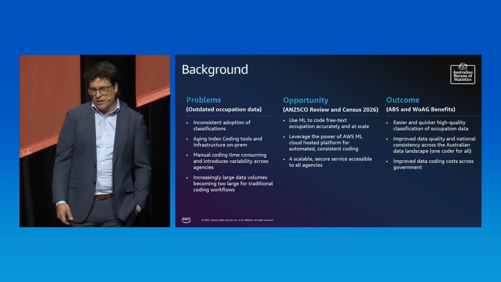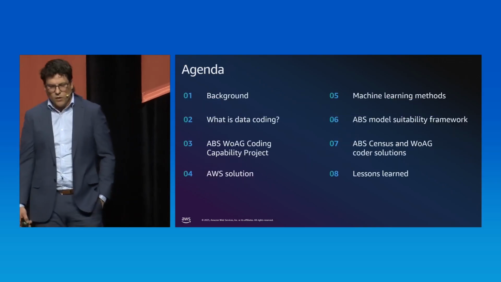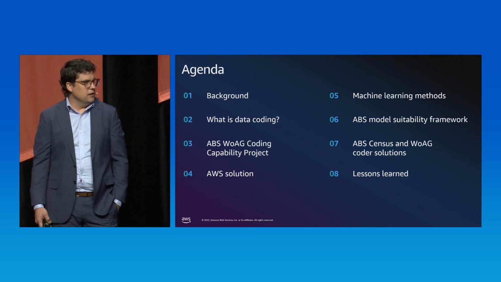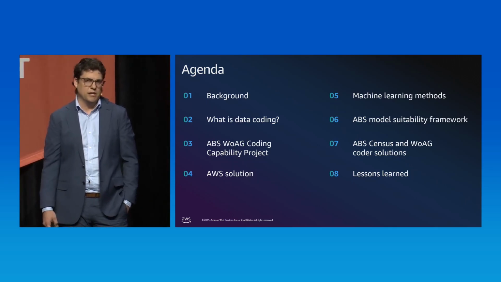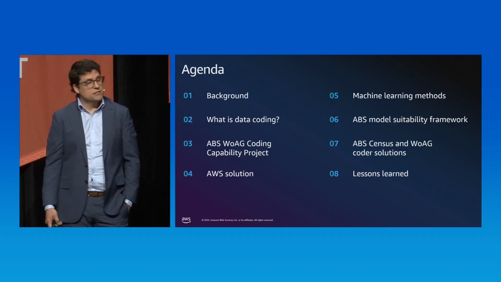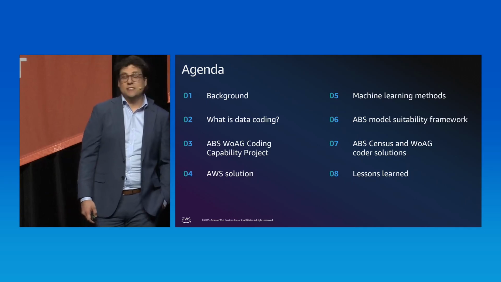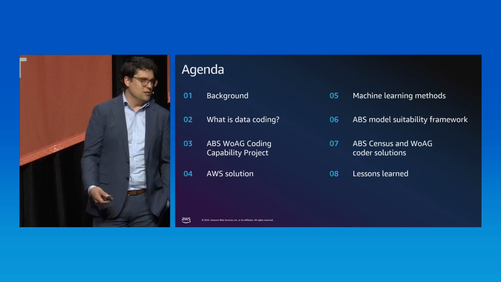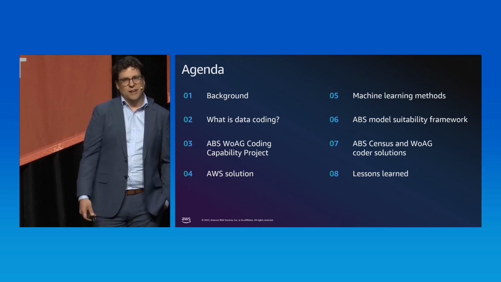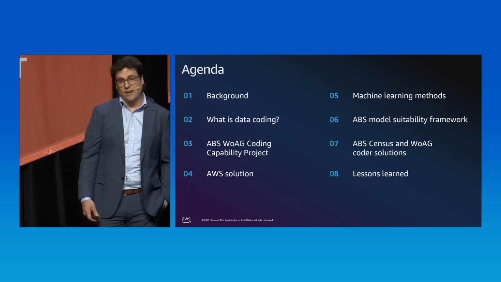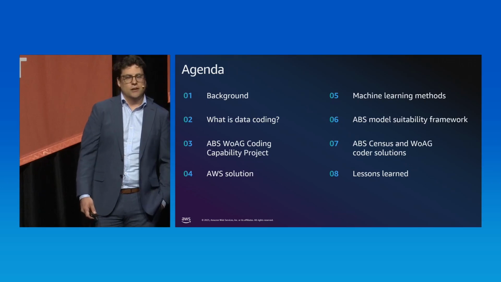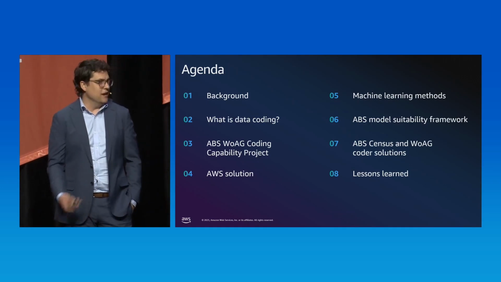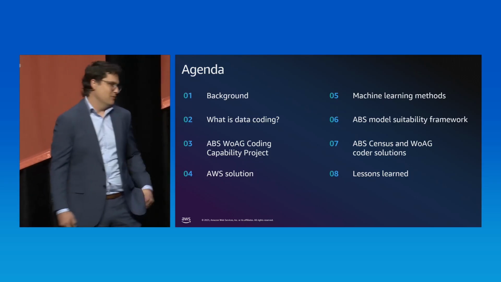Sterling's going to talk over the next 20 minutes to the work that we've done, and the architecture that allows us to have text taxonomy capability, what that might mean for the ABS, but also some of the lessons that we've learned along the way. And in terms of following the themes from the last couple of days that we've had here, our hope was that for you, whether you're a builder looking to integrate machine learning or an innovator looking to potentially unlock data, we have something in our talk today for you to take away. Thank you all. Over to you, Sterling.